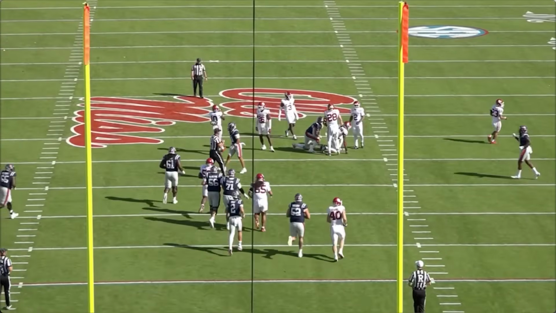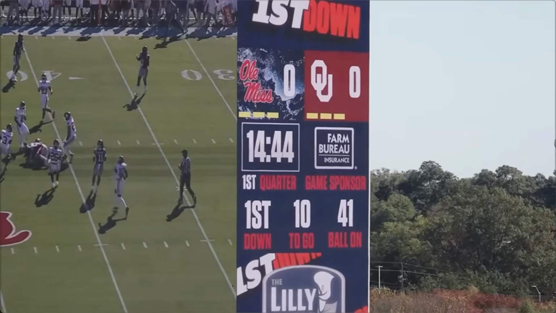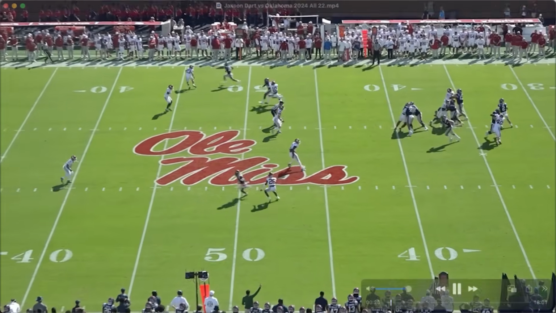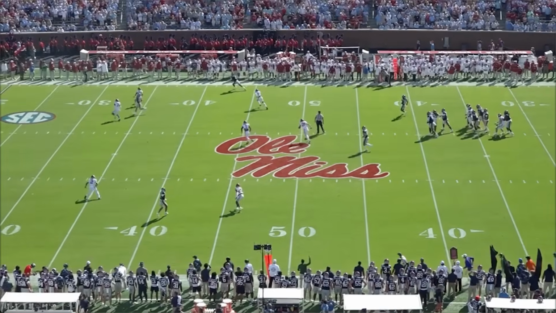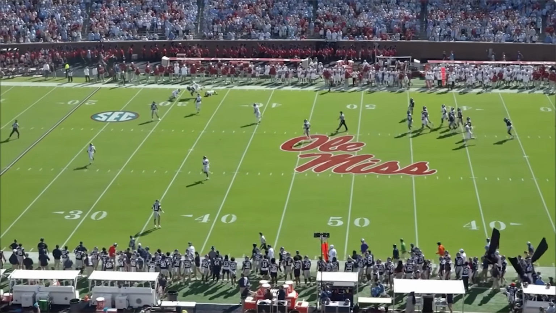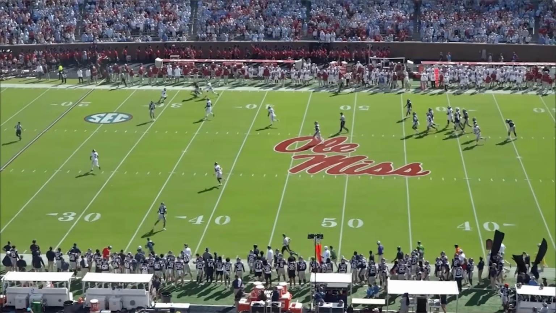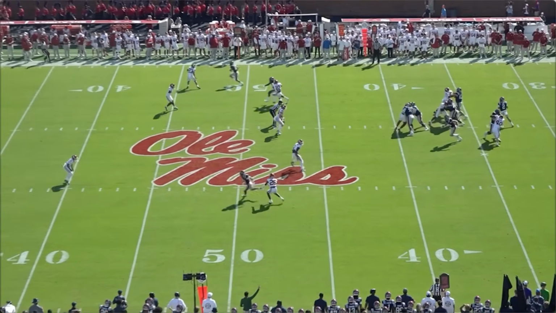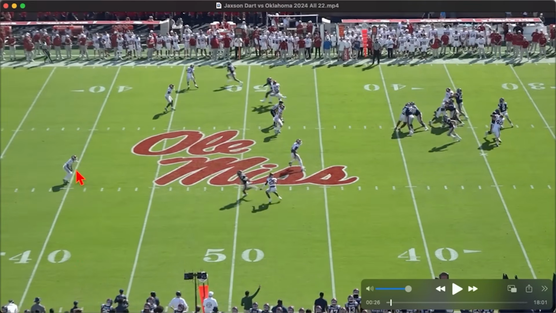Next play, we're going to see that sail concept, right? The concept we love ever so much for Ole Miss and Jaxson Dart specifically. Going to hit the sail up here versus cover 6, and you get a nice big 30-plus yard play out of it with some yak. So, again, it's a cover 6 defense, right? We have cover 4 on this side, quarter, half,